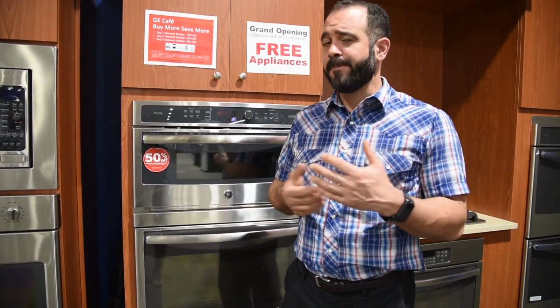There's so many variables. I might roast potatoes all the time, but the potatoes might have more moisture content. Maybe I have more seasoning and oil on them before I add them into my oven. Maybe my oven was preheated more. So what I like to do is choose a temperature, 375, and I choose a setting, convection, and I cook everything on that. And I adjust my time like this. Let's say it says 45 minutes for roasted potatoes. I set my timer for about half the amount of time, so maybe 25, maybe even 30 minutes, and then